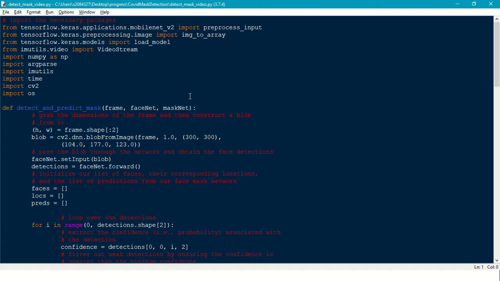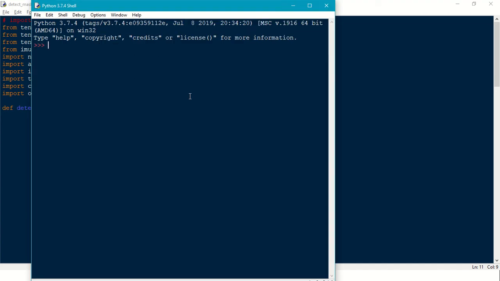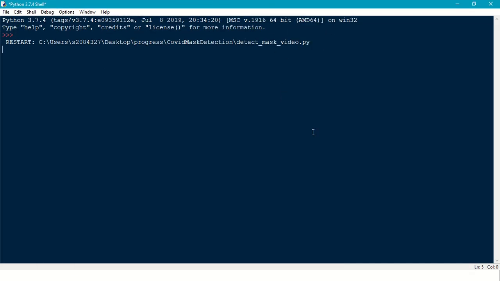This is my code, and this is just the comparison code, not the model training code. My code started running. It takes some time because it has a lot of modules to be imported. Here we go. It gives us information that it is loading the face detector model and the mask detector model.